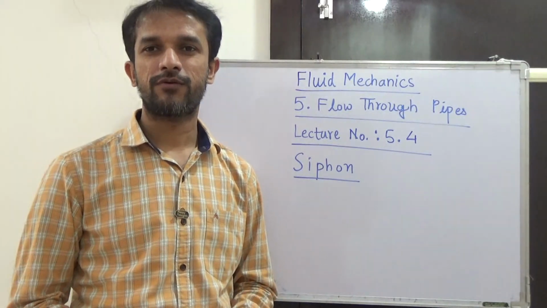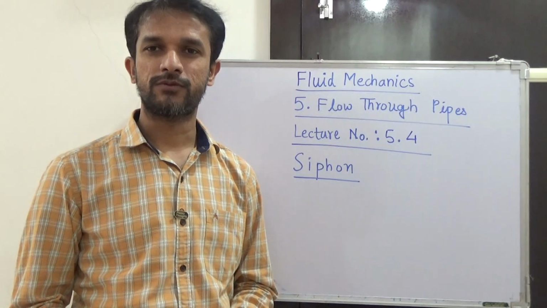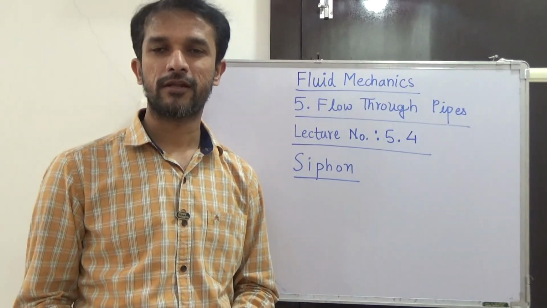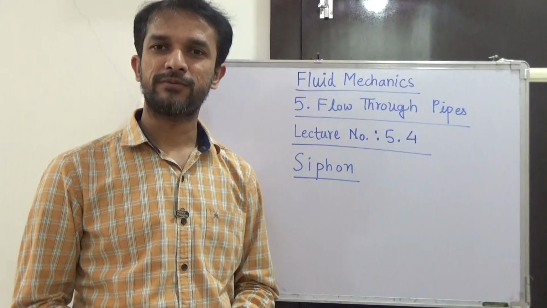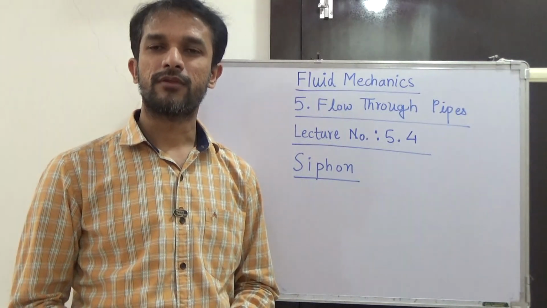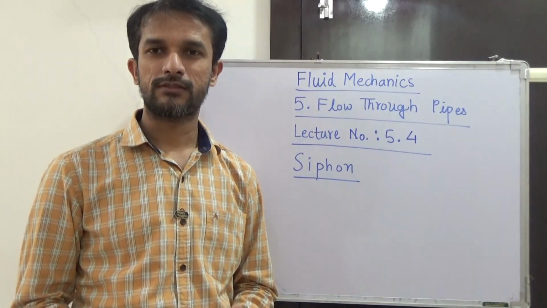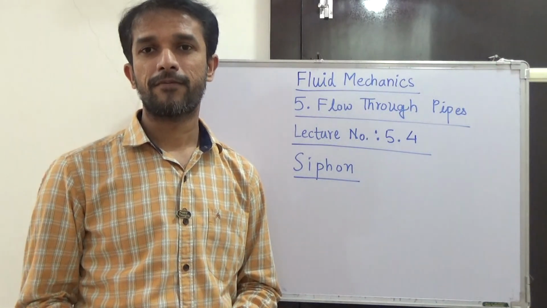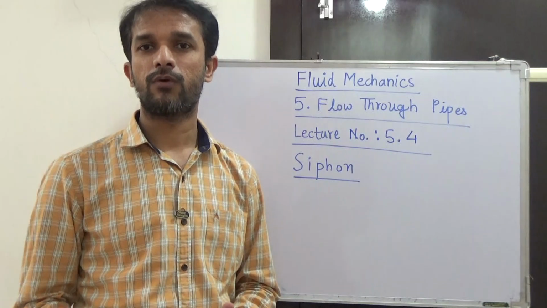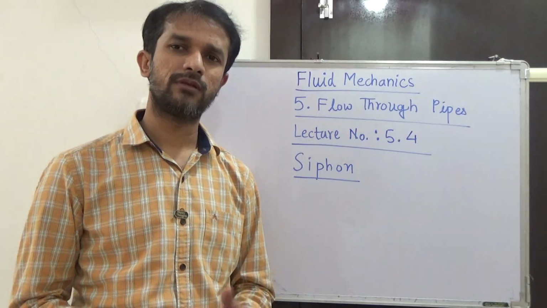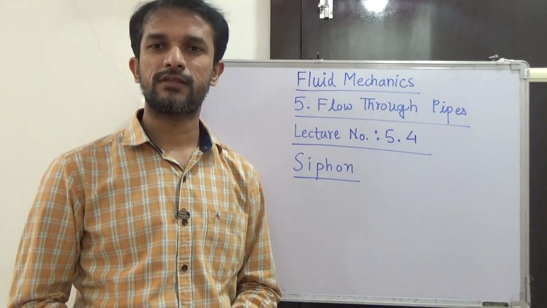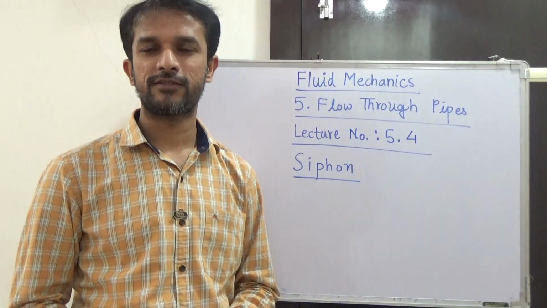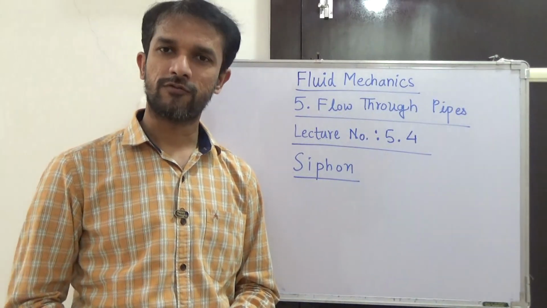In the previous sessions we have discussed some part of the flow through pipes, where we discussed the major and minor losses. Then we have seen pipes in series, pipes in parallel. Then we saw the power losses in the transmission system, the power transmitted and maximum efficiency, then equivalent pipe. These concepts we have seen in the previous lectures. If you have not seen them, you can go to the channel. You will find the playlist for fluid mechanics where you can refer to them.